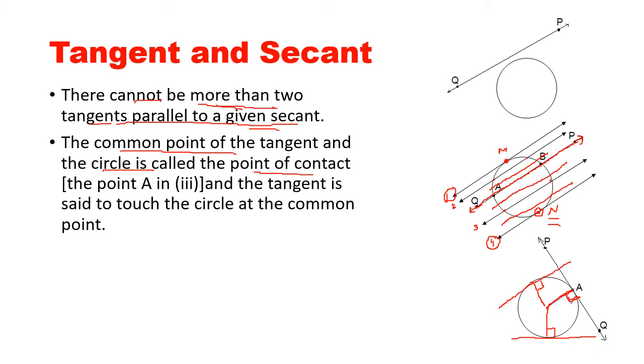And in the third picture I showed, I have drawn the tangent, and I join the line from the center to the point of contact. So you can see here what I have done. In this case, A is the point of contact. From the center, when I draw a line to the point of contact, it always becomes perpendicular. Here, this is the point of contact. When I draw a line from the center to the point of contact, it is always perpendicular.